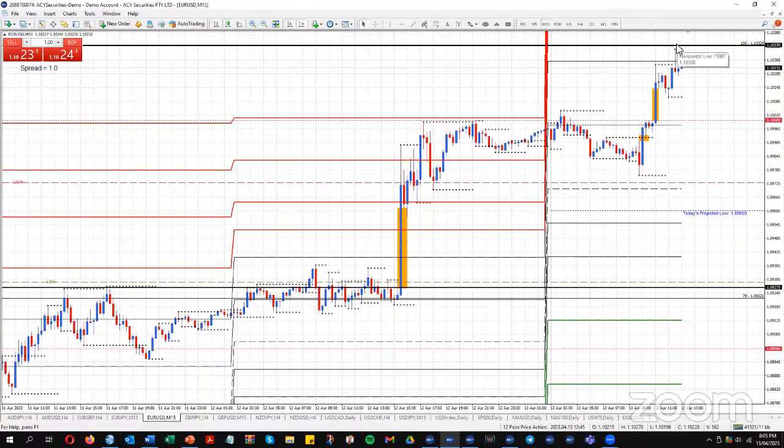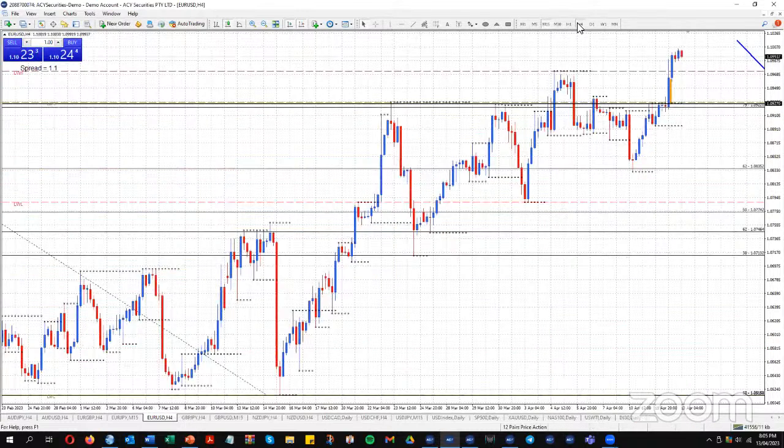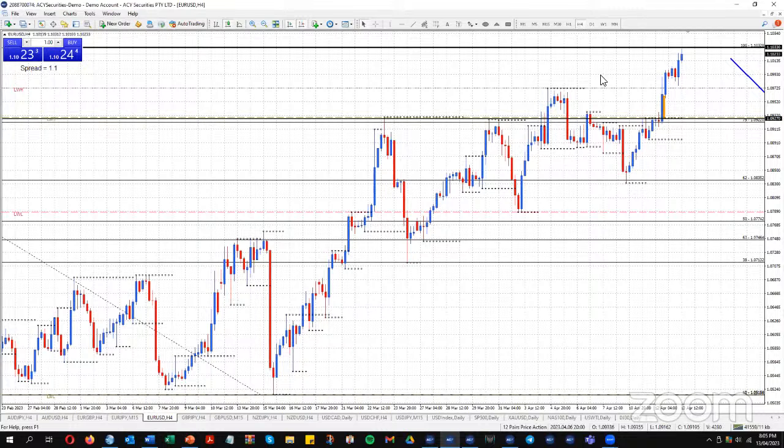The first is this critical level in the euro dollar, the yearly high at the moment at 1.1033. We've been a couple of pips short. We might stub into that later in the day, but there are a number of imbalances there that could get filled back to the downside. There's still a bit of one here that hasn't really got filled. It got filled a little bit there, but there's still a bit of an imbalance there too.